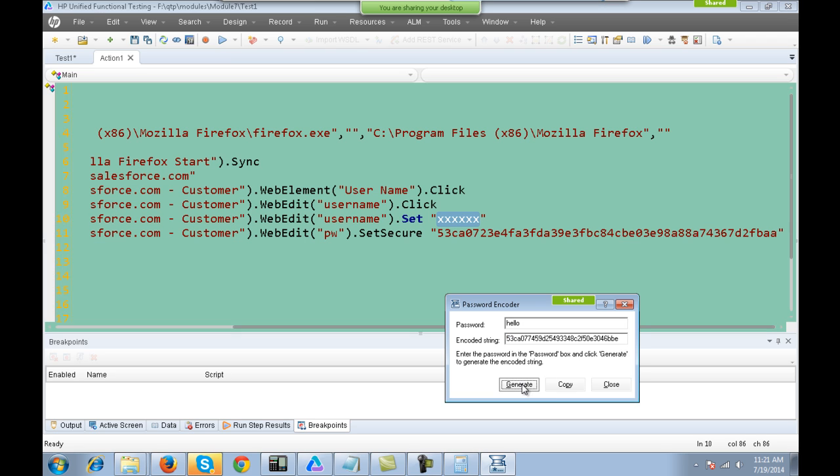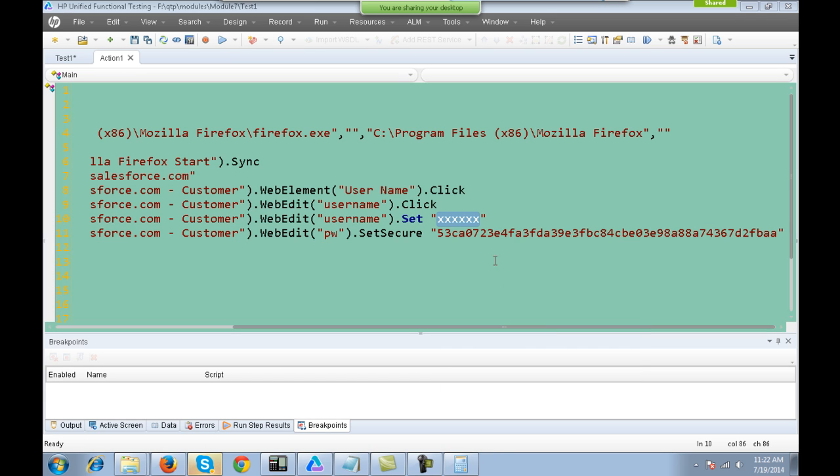Every time you click generate, a different string will be generated. Please note this. Don't think that every time the string will be the older one. You copy it, and you can paste the encoded string over here.